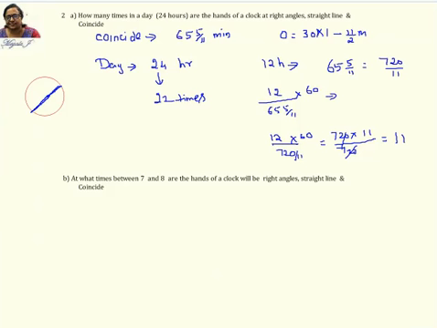For 24 hours. Are you sure it's 12 times? In 12 hours, how many times are they going to be in a straight line? Like in 12 hours, how many times will they be coinciding with each other? That is 11 times, correct? In 12 hours, how many times will they coincide with each other? 11 times. Obviously, the straight line also should be 11 times then, right?